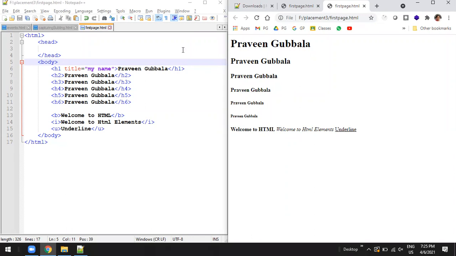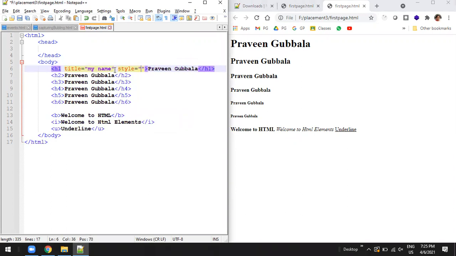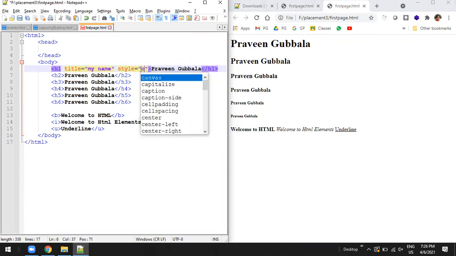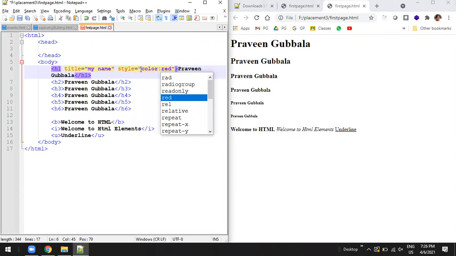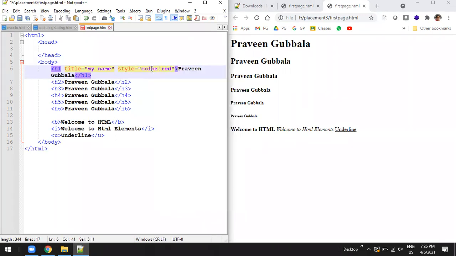This is one attribute. Like that you have one more attribute called style. Style is equal to, you can provide some properties also. Inside this attribute you can apply some properties directly, not only the value. You can apply some properties like color colon red. You have to use a colon between the property name and the value. This is called the property name and this is called the value. Like that there are hundreds of properties. Do you need to remember all of them? No need. Actually by practice they will all be available.